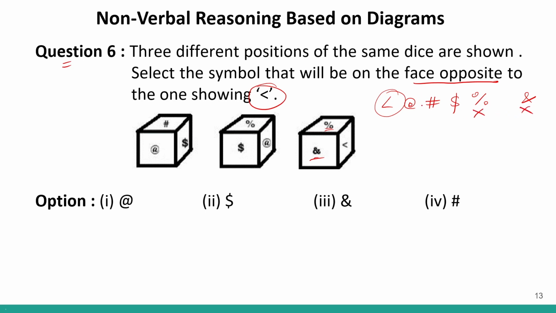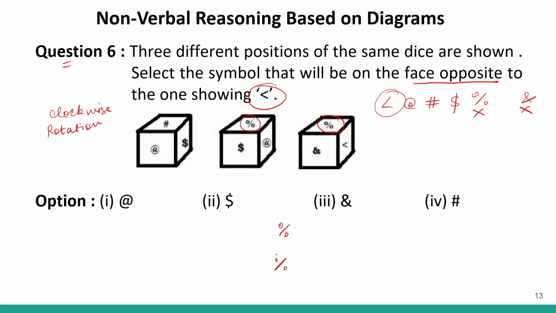Then we have 3 options. This one, and this one. So we'll use a different logic. We'll use the method of clockwise rotation. This we discussed in the previous class. So for clockwise rotation, we take a common element and then we write the symbols in a clockwise manner. Over here, I can see the common element between figure 2 and figure 3 to be this percentage sign. So I'll write percentage sign as my common element.